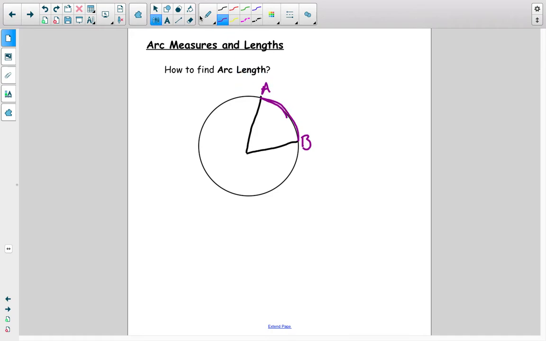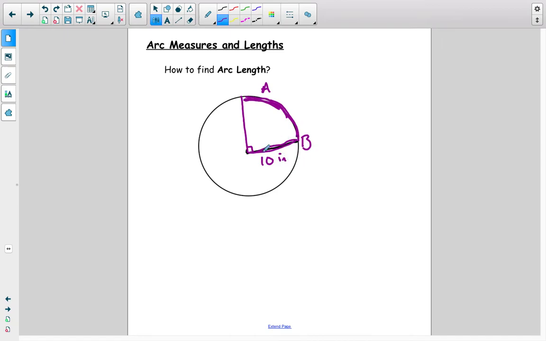Actually, you know what? I'm going to make this a little bit different. What if I change this to a 90 degree? So I'm going to try to make that a nice right angle. Okay, so that's a nice right angle. Help emphasize a point here. Okay, let's say this was 10